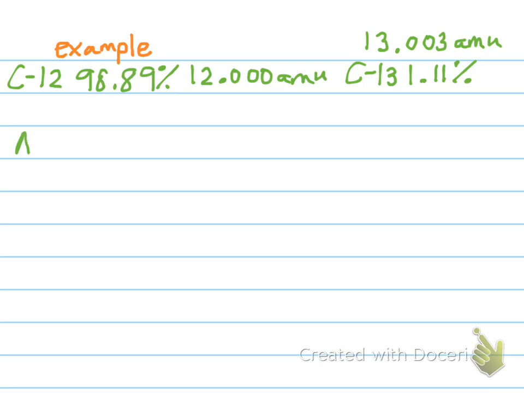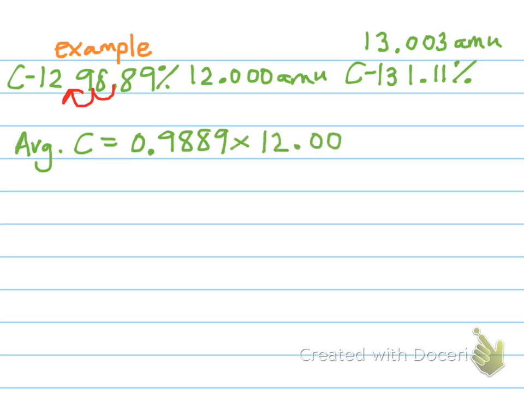So to calculate our average for carbon, we're going to take our first percentage as a decimal, and remember, to change a percentage to a decimal, we just move our decimal places 2 places to the left. So it's 0.9889 times 12.000 AMUs plus, because we have 2 isotopes, we have to do this again,